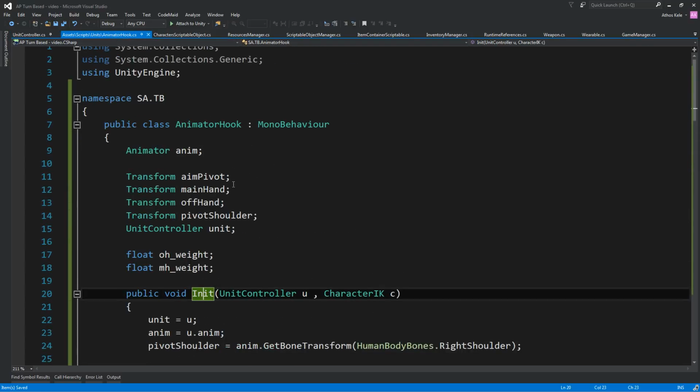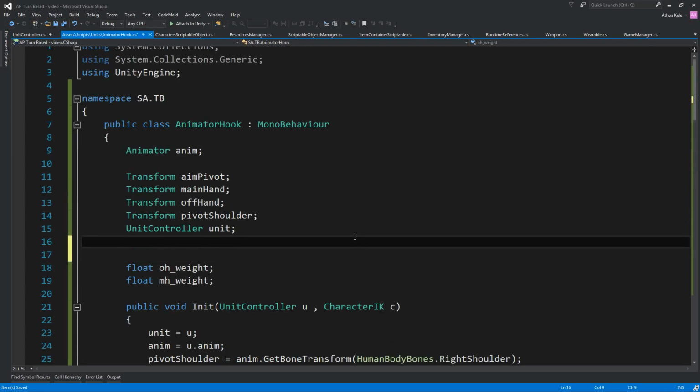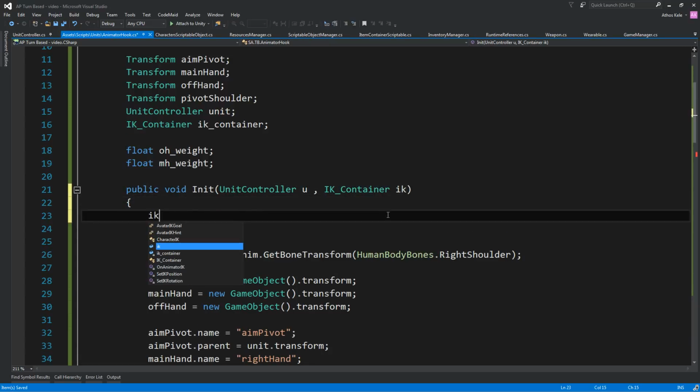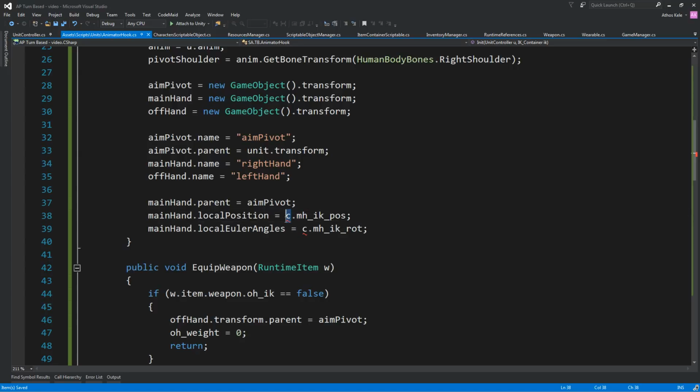Let's go on to the animator hook and say AK container. This is, actually, you know what, we could just make this into the wrong. Anyway, let's keep it there, I don't really care that much. AK container, and say AK container. Instead of that, pass AK container, which will be AK. And over here